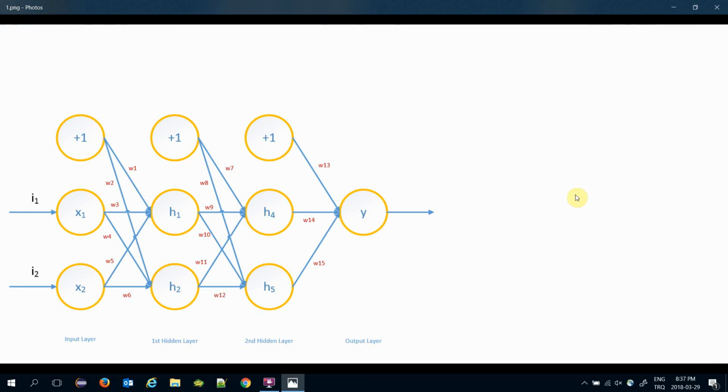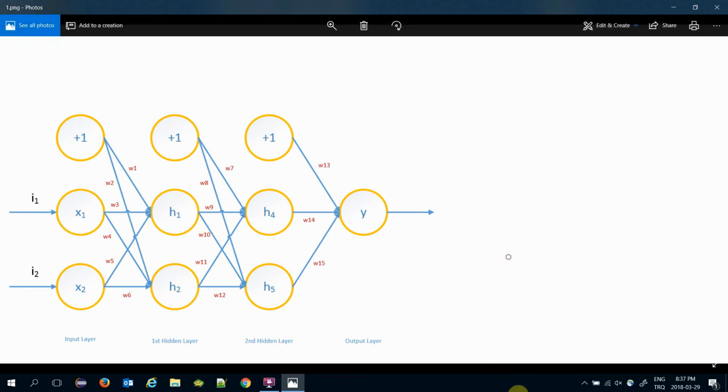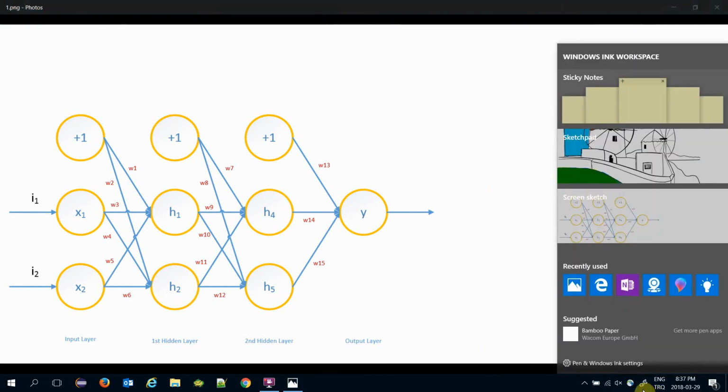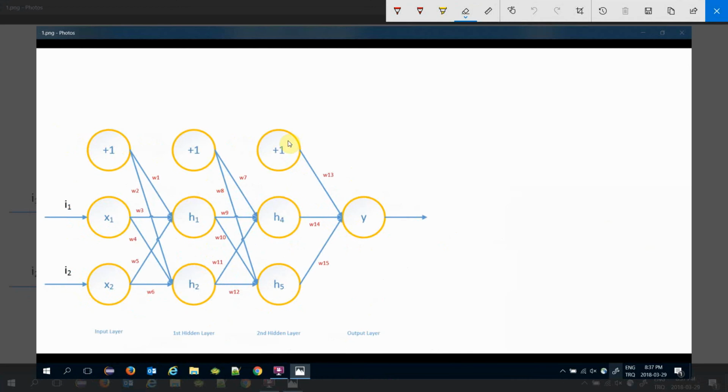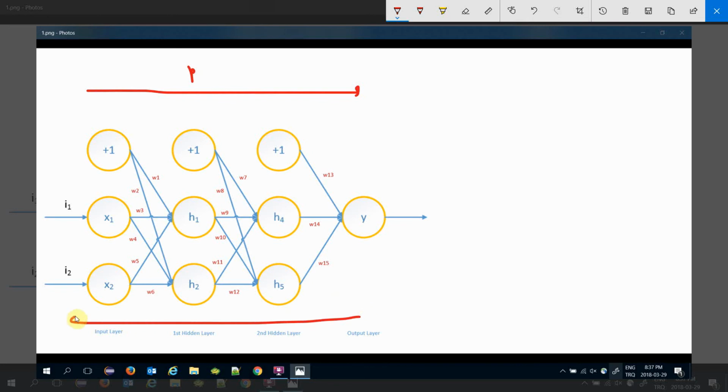Neural networks are one of the most powerful machine learning algorithms, and today we are going to mention how learning is handled in neural networks. Learning is handled by the backpropagation algorithm. It's called backpropagation because prediction is applied from left to right. On the other hand, learning is applied from right to left, the reverse direction of the prediction. In learning or training, we propagate backwardly from right to left.